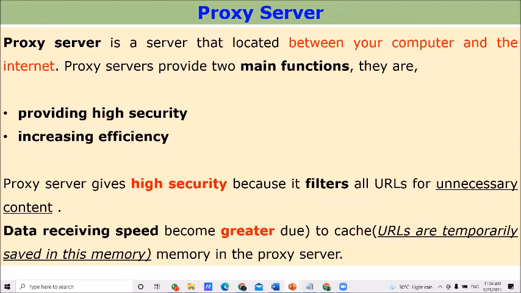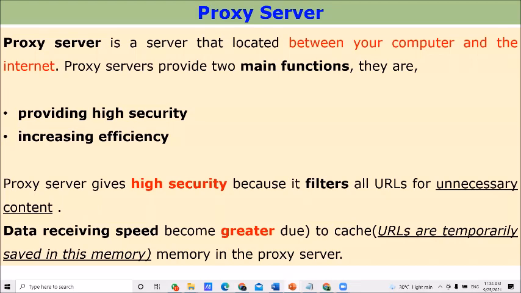It has two main functions, which you can see here. The first is providing high security, and the second is increasing efficiency. High security refers to the area I mentioned in the diagram.